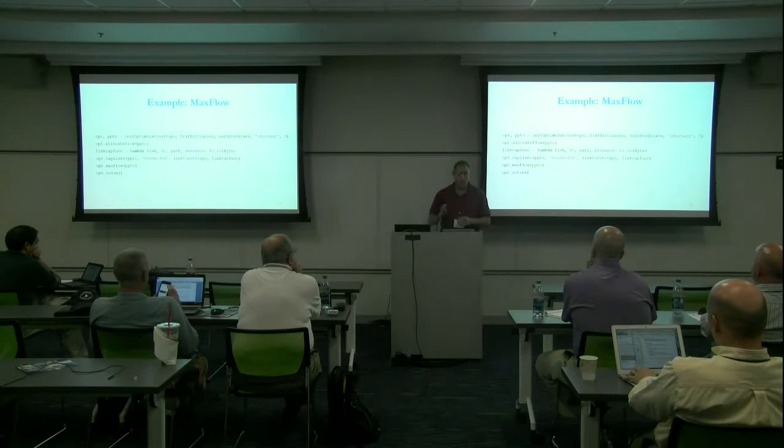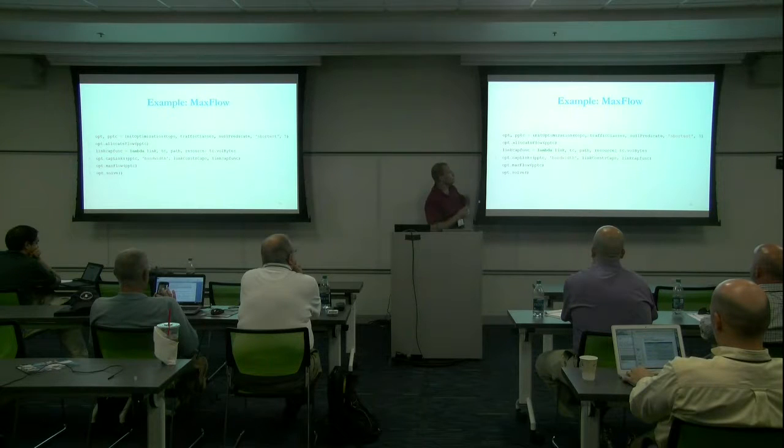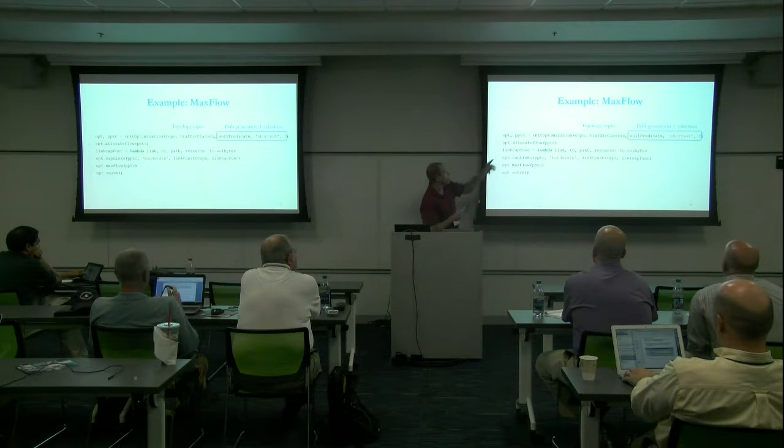And I'll give you very quickly a sense for what the code looks like. This would be a way that you would write, say, max flow. Now, there's a little bit of preamble boilerplate stuff that I've left out, but by and large, you're looking at about 6 lines of code to write max flow. You've got a step where you specify the topology to the optimization. So this is the network topology and the traffic classes. You also have some parameters for how you're going to downsample paths when it comes time to do the solution. And so this produces both an optimization object and a paths per traffic class object.